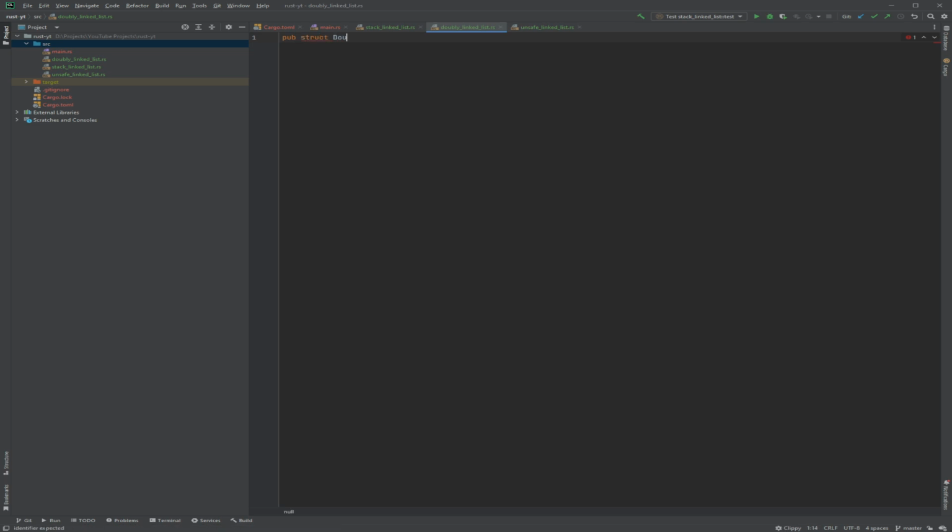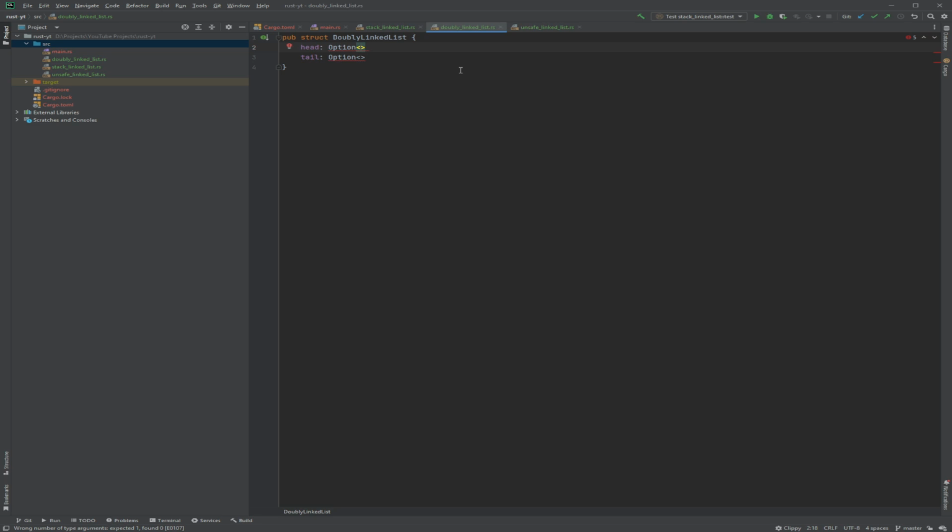So obviously we're going to need a DoublyLinkedList struct, with your head and your tail. But we're going to use Rust features, so obviously it's an Option because there's a chance there could be no head or tail. Now, this is kind of how you would implement it in C++.